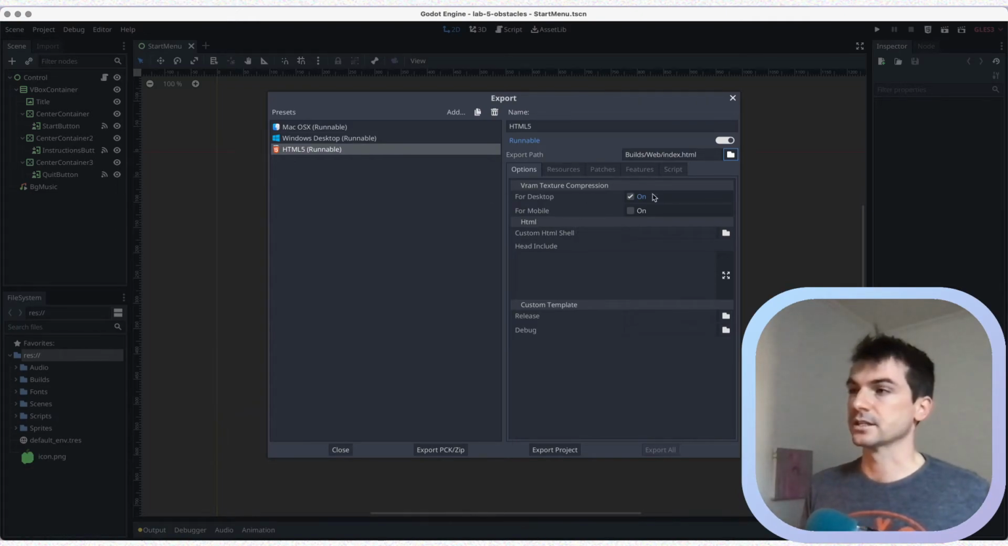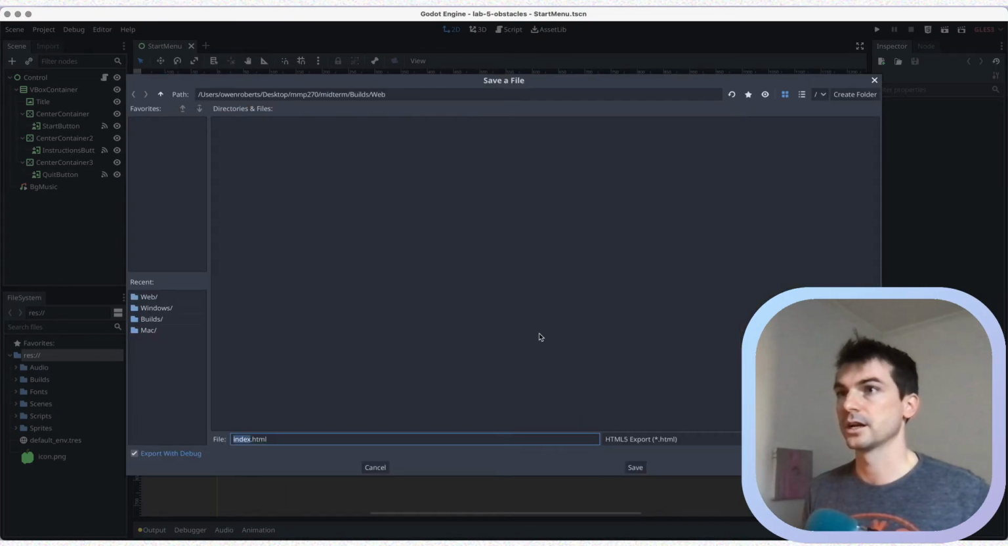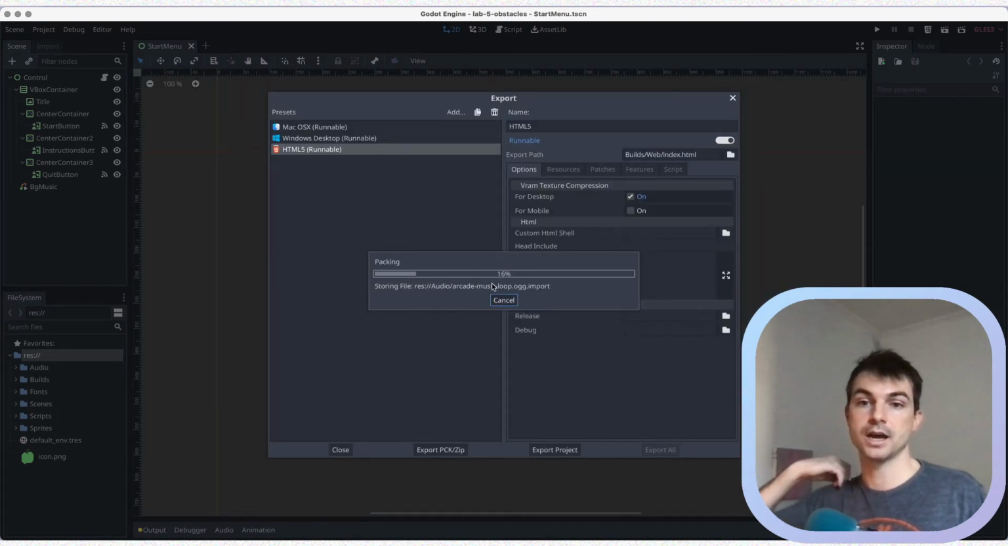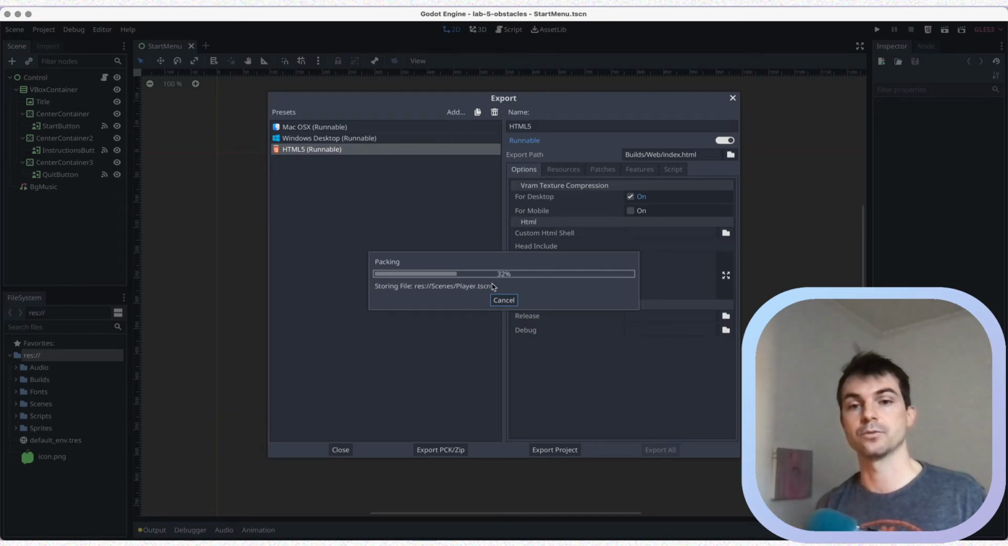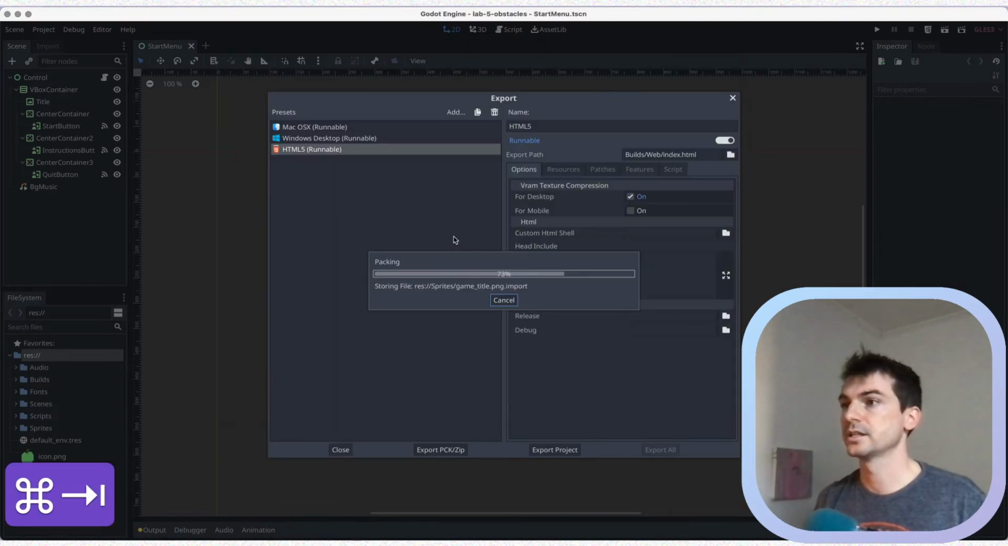And you can say for desktop or for mobile. We'll just leave this as for desktop. And I'm not going to really play with anything else. I'm just going to go to export and save. And that is also making a pack file, and it's making a few other files to make it run in the browser, some JavaScript, a little bit of CSS, and some WebAssembly. So when that's done,